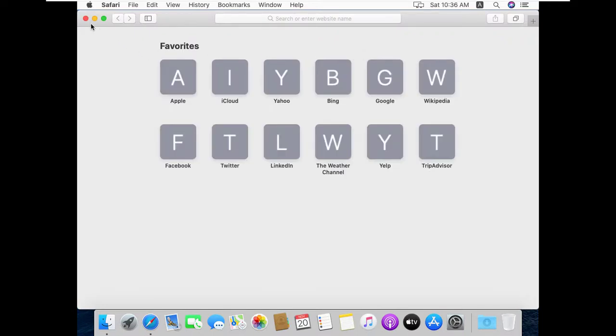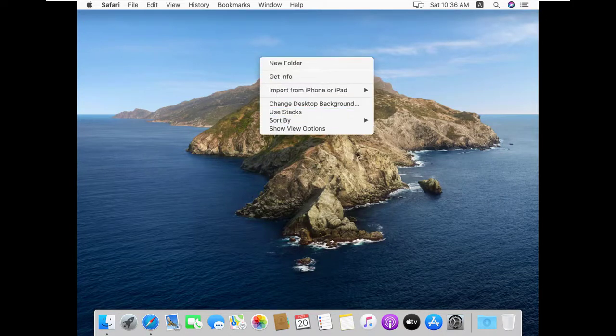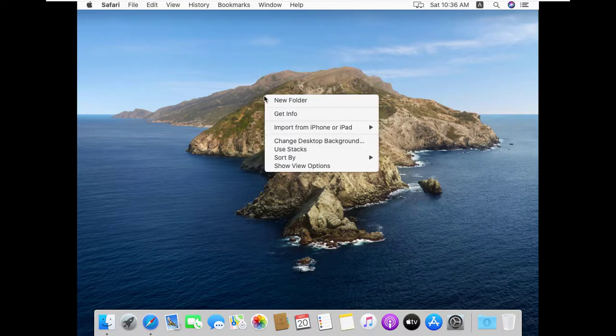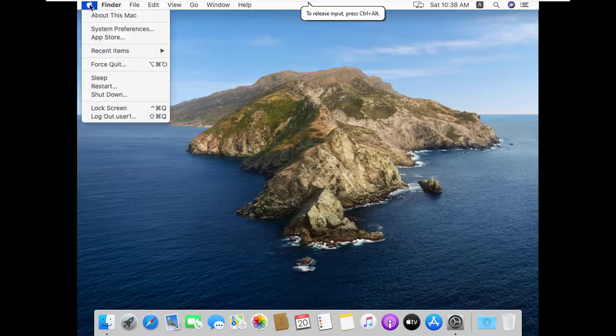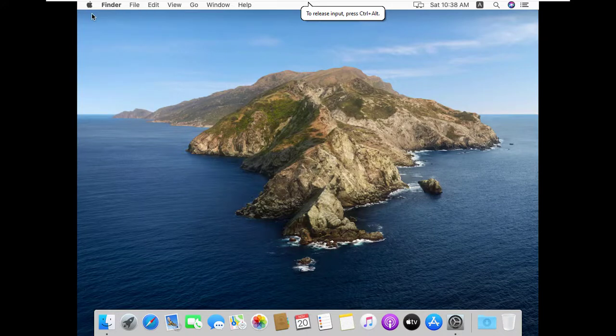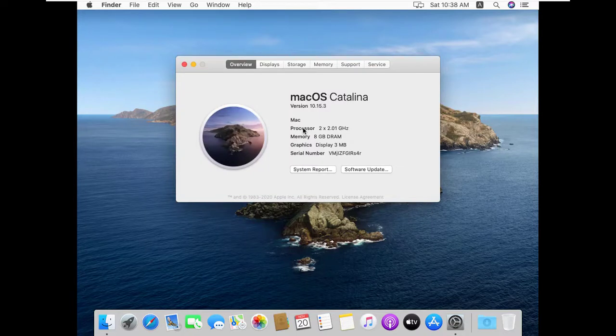In the next video, I will show you how to maximize this display. As you can see here, the display is at a particular size, so I cannot even resize my display from here. Click on the Apple icon in the left corner, and then click on About This Mac. You will see the configuration.